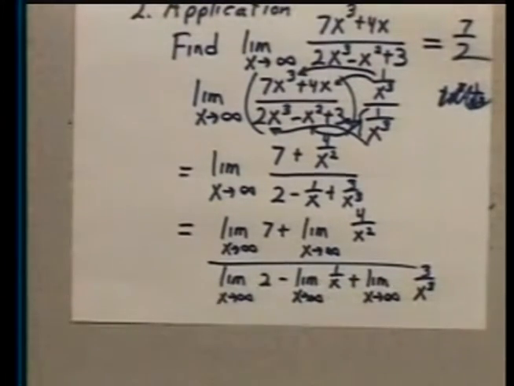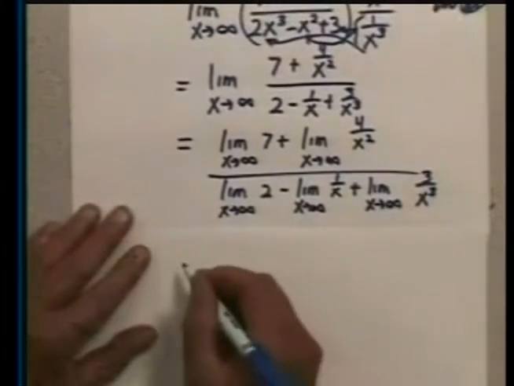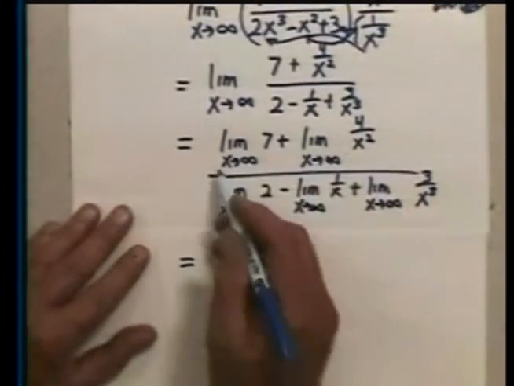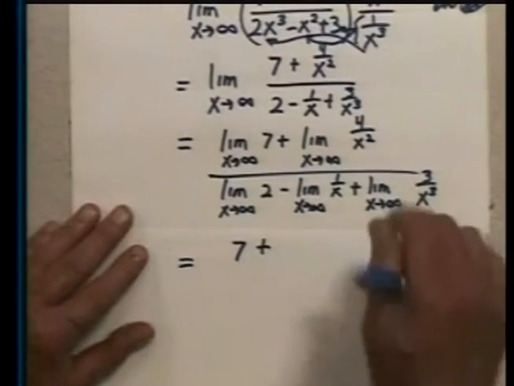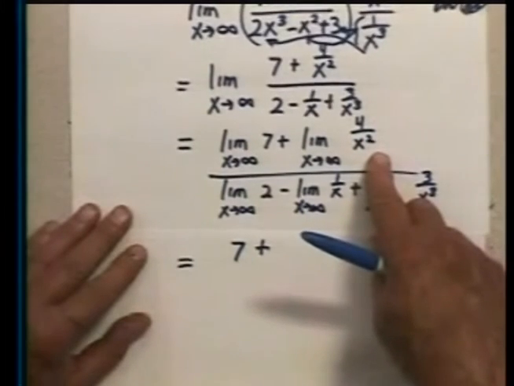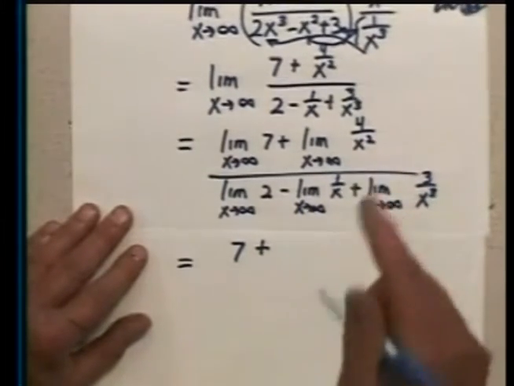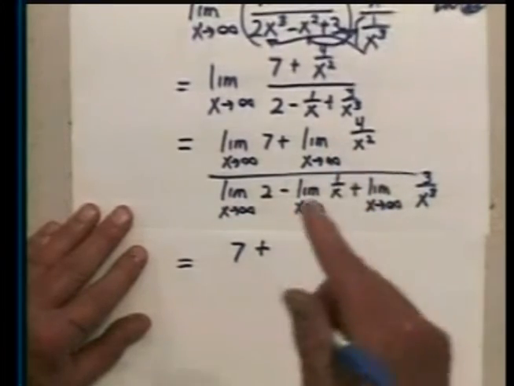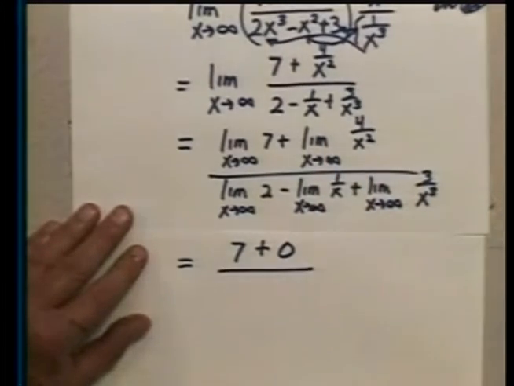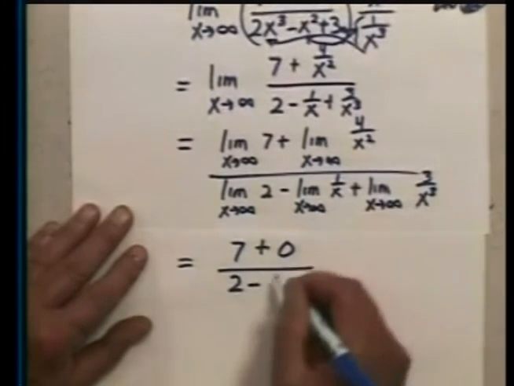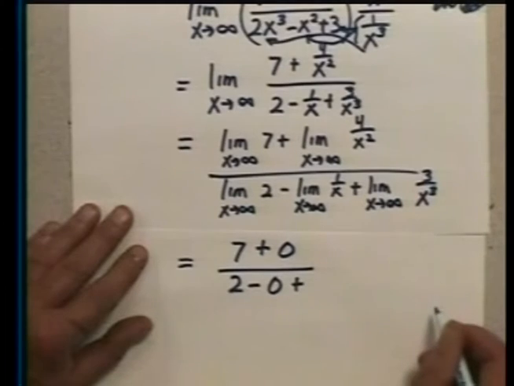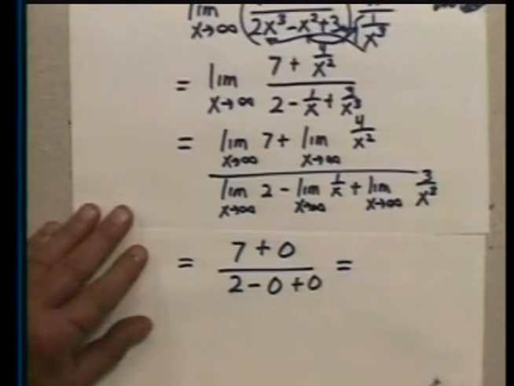Okay, at least the first time through I wanted to write that much so that it was perfectly clear how this turns out. What's the limit of a constant no matter where x is going? The constant itself. What's the limit of a constant over a power of x like this? 0, if x goes to infinity or minus infinity. Bottom: 2 minus 0 plus 0,